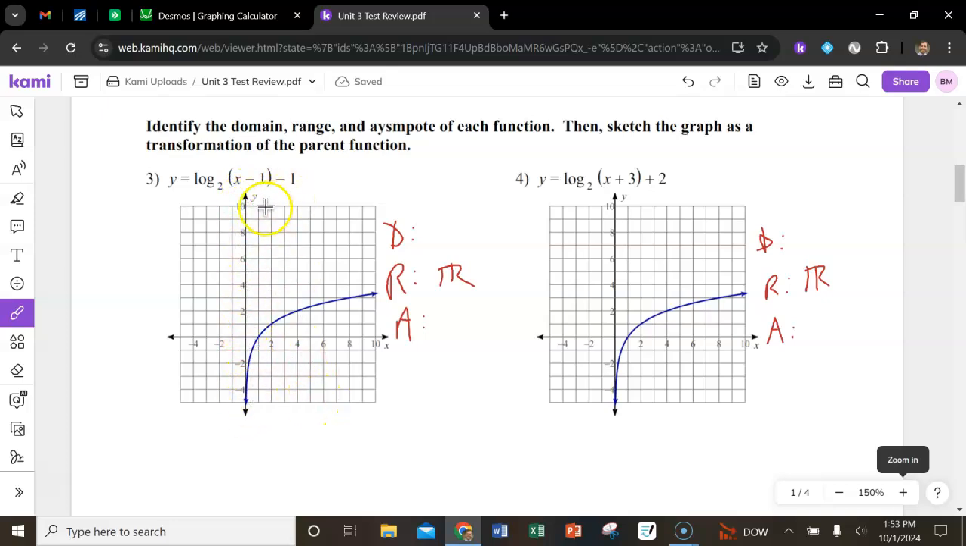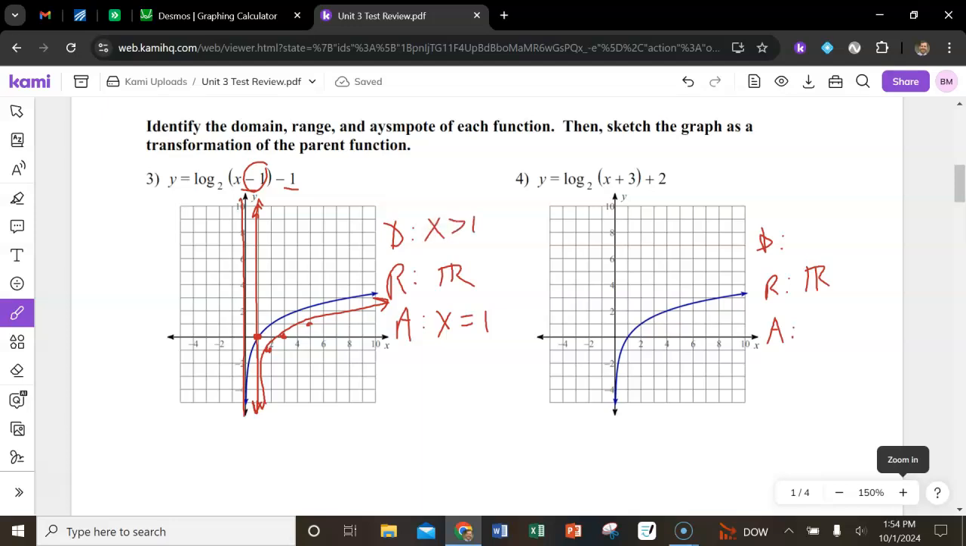Well, if there's a left or right shift, so this minus 1 here is a shift to the right. So essentially we're going to go right 1 and down 1, and that's going to happen to every point. Now again, I can use Desmos to help me get this, but there's my graph based on the shifts. My vertical asymptote that was at 0 has now been shifted to the right 1 because of that minus 1 there. So our asymptote is at x equals 1,